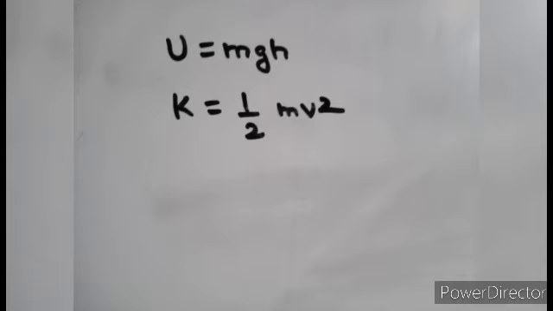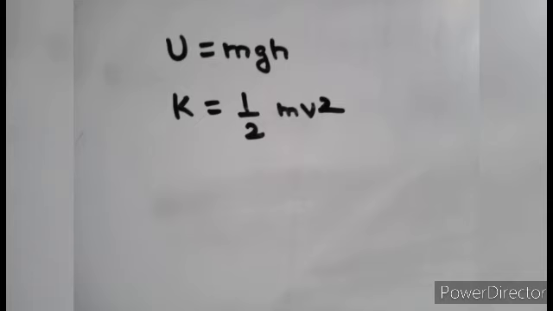Elasticity is the property by virtue of which a body regains its original configuration on removal of the external force. So this deformed state due to change in its configuration is called its elastic potential energy. Now, there is kinetic energy. What is kinetic energy? The energy possessed by a body by virtue of its state of motion is called kinetic energy. So now I hope you understood what potential energy and kinetic energy are.